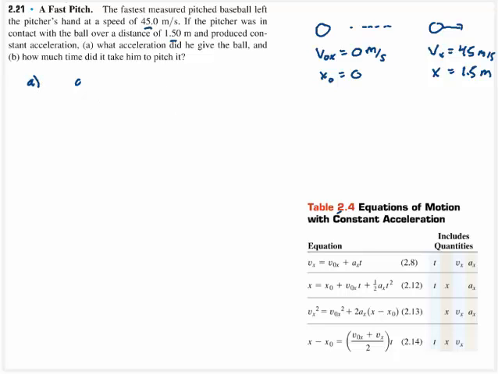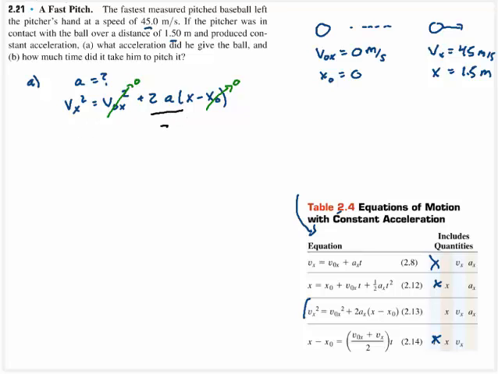And in part A, what we're looking for is the acceleration. So let's come down to this table right here, and actually this one's pretty easy. Time, time, time. So this is the equation I want to use. Now that I've copied it up there, I'm looking for the acceleration, but I'm going to get rid of these terms that are 0 first. So that one's equal to 0, and that one's equal to 0, and I'm looking for acceleration, so I want to divide this side by 2x. I have to divide that side by 2x too, and the 2's and the x's are going to cancel out, and I'm going to be left with